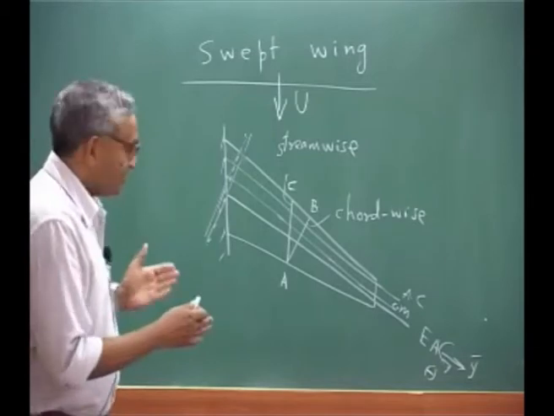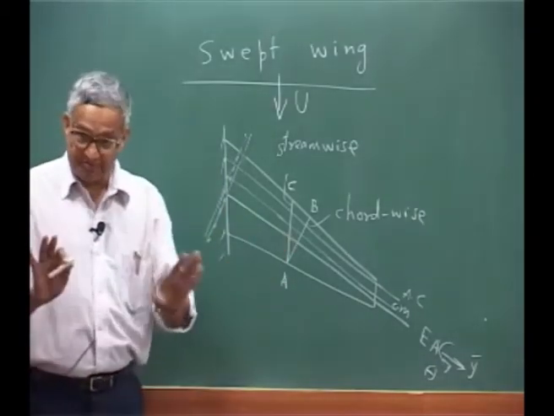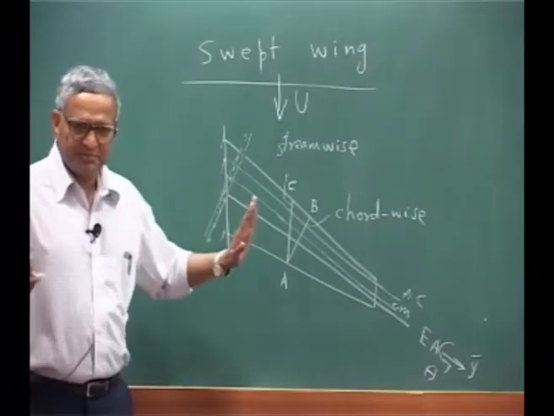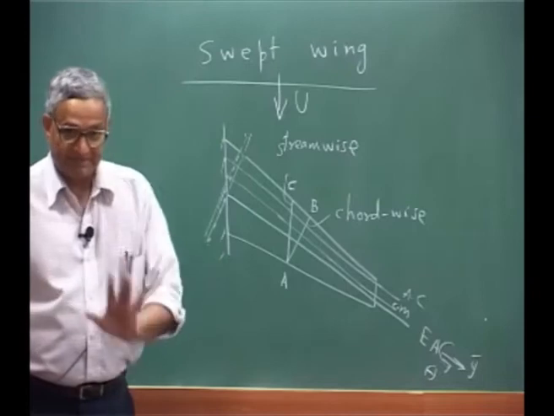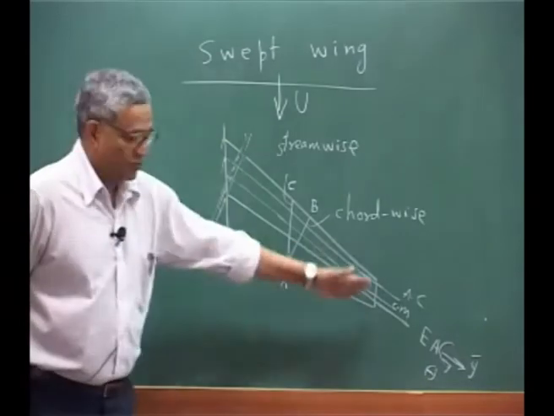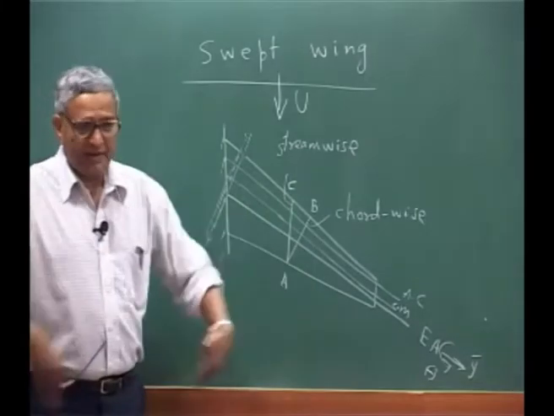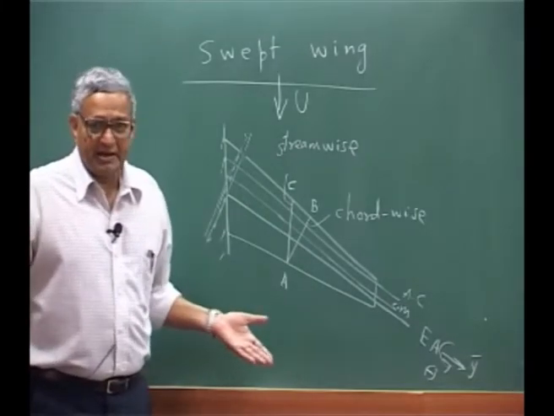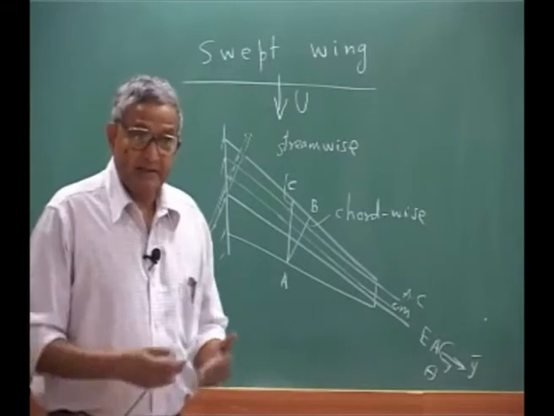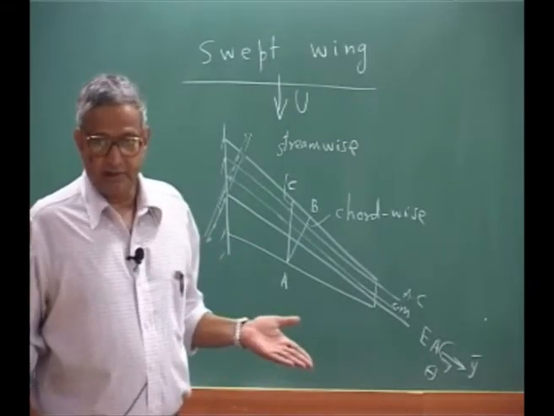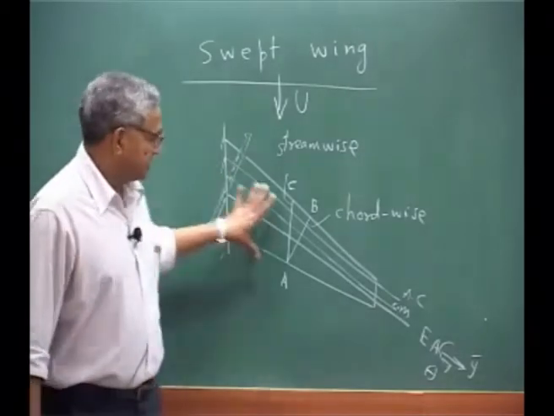Now the formulation, here you say, hey, how do I actually formulate? There are 2 ways of formulating this problem in an approximate manner. Because otherwise if you do influence coefficient, every point take a load, what is the deformation? Like a plate, like a highly tapered wing. Then it is like a plate model you are considering. You are not considering a beam model. Here we are considering it as